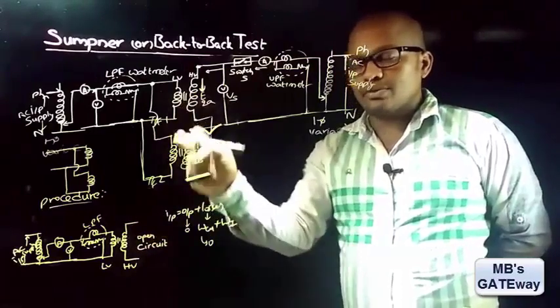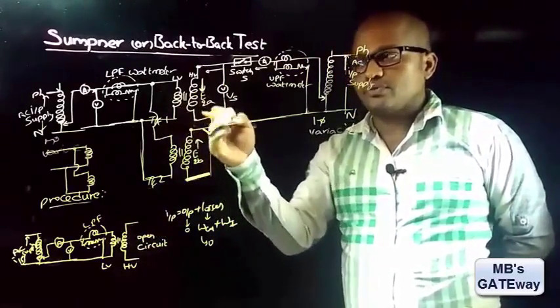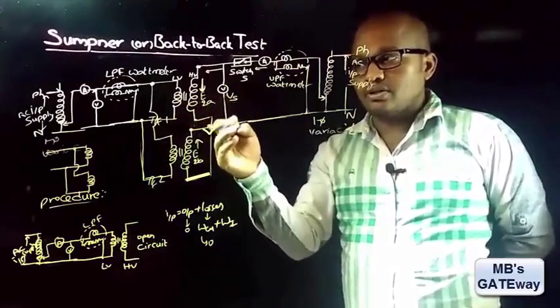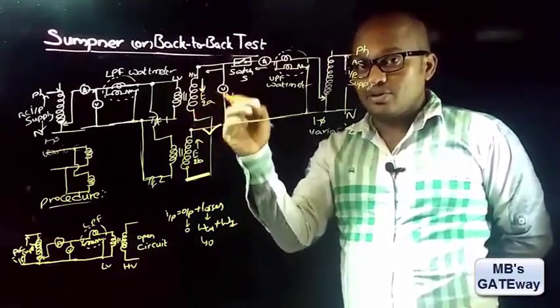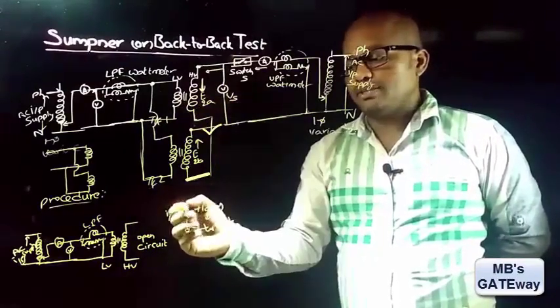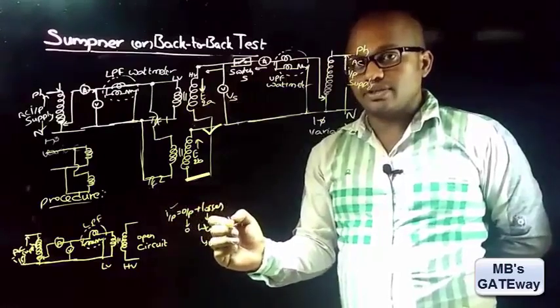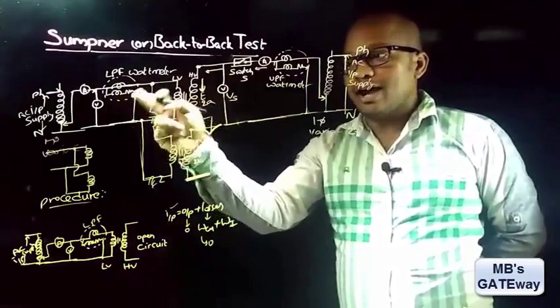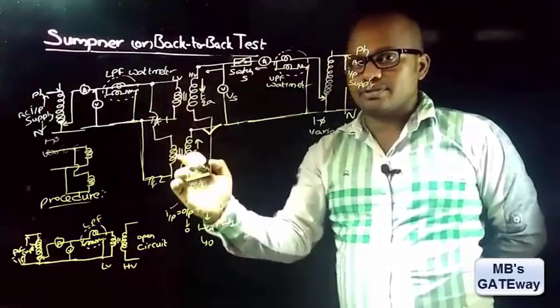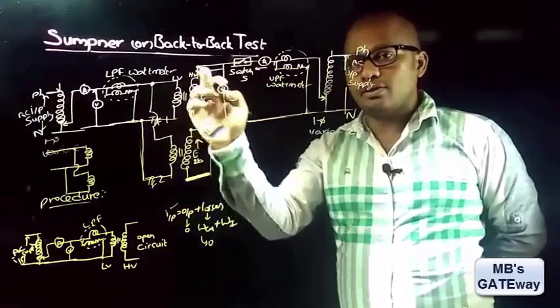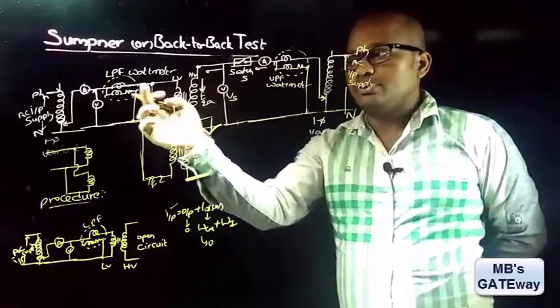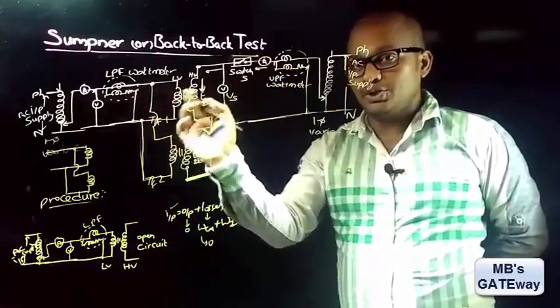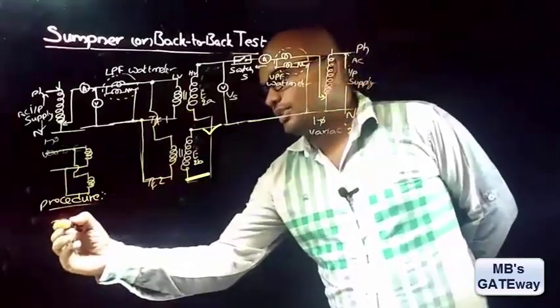So these two transformers will drag very low current, that is 4 to 5% of their full load current, by which we can neglect the copper losses, and therefore we can take input as equal to the iron loss of the transformers. And in this test, the wattmeter will read the iron loss of both transformers. So if you want to know the iron loss of one transformer, you can divide the wattmeter reading by 2. And now the third point is